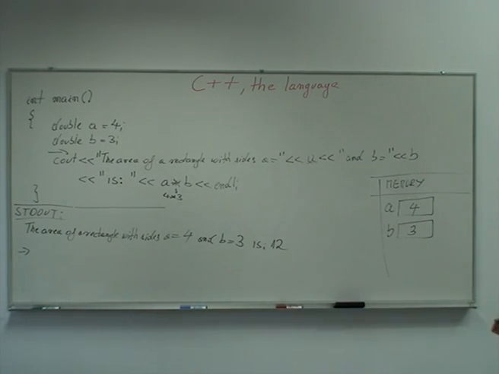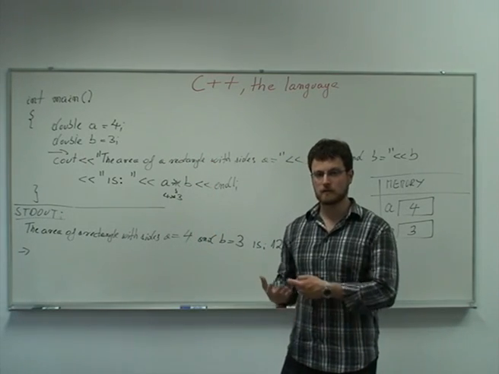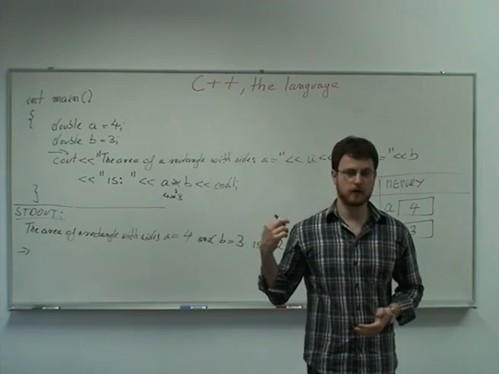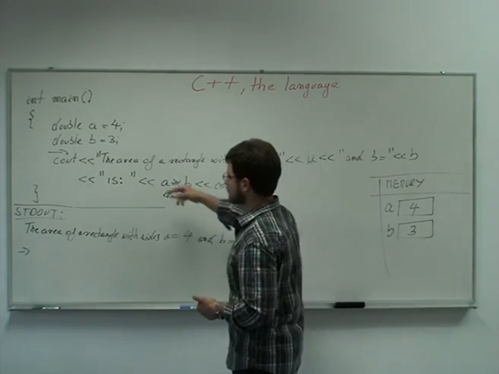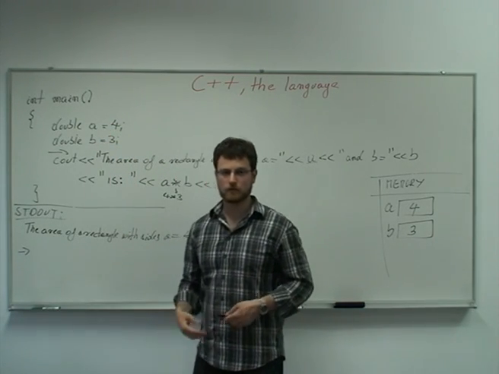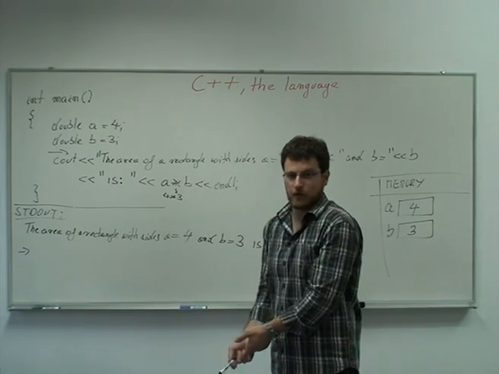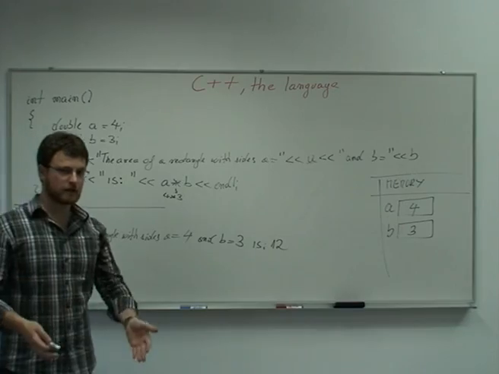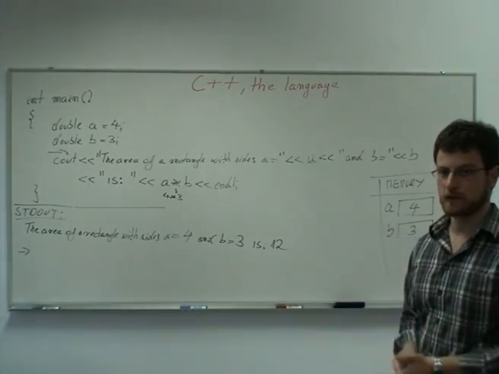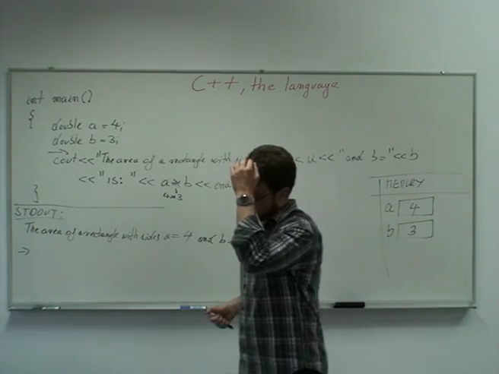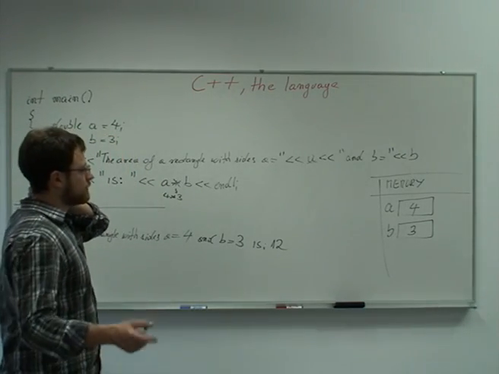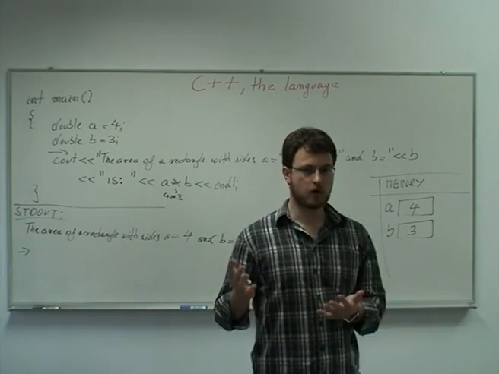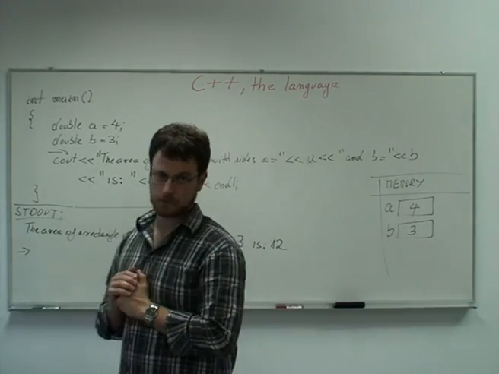So this is a program that calculates the area of an imaginary rectangle. There is one issue with it, and that is, if we were to specify a different rectangle, for example, if we want to compute the area of some other rectangle, what we would have to do is change the values of these two variables. So to calculate the area of a different rectangle, we have to write an altogether different program. Wouldn't it be nice if we had a single program which can calculate the area of any rectangle it makes sense to calculate the area of? Well, the answer is yes. And it turns out it's not hard to do that. The missing piece of magic is a way for our program to read information from the outside world. And the way programs do that in C++